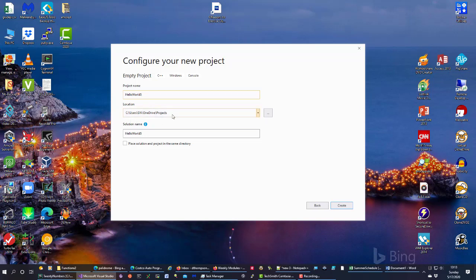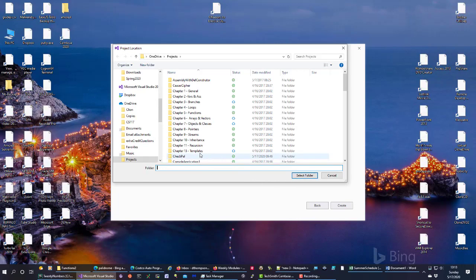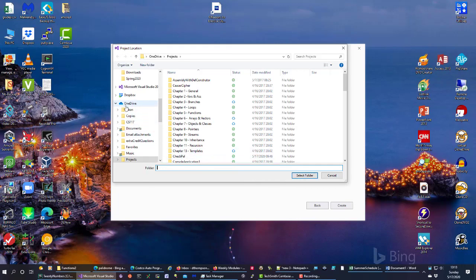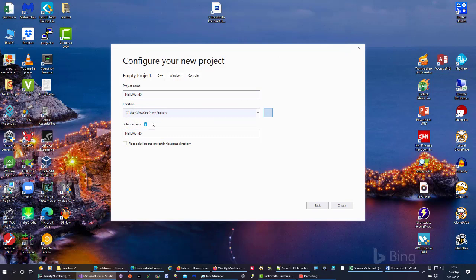And I want to ensure all my projects go into a particular project directory. If we look here, we can see I'm having everything go into my OneDrive folder. So I'm just going to cancel out of this, and it's OneDrive projects. This is the name of my project. I click create,